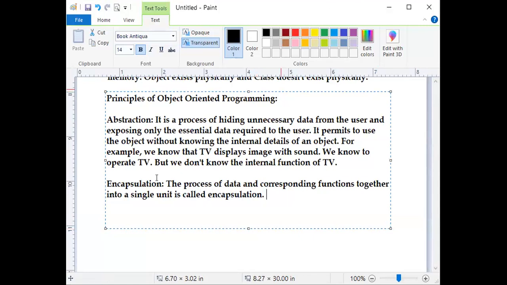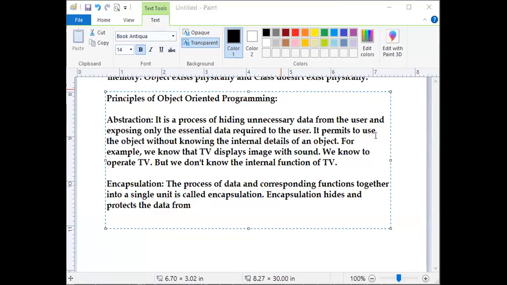Encapsulation hides and protects the data from the external non-member functions